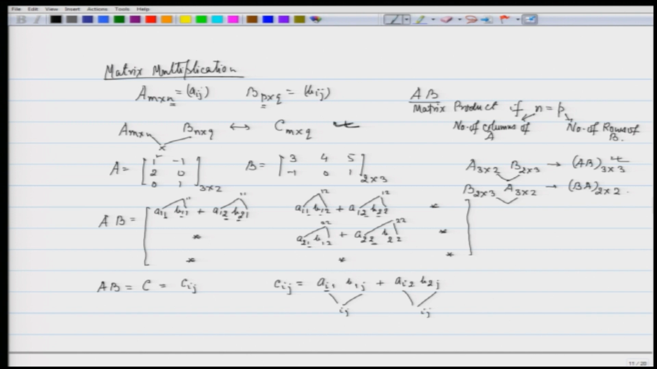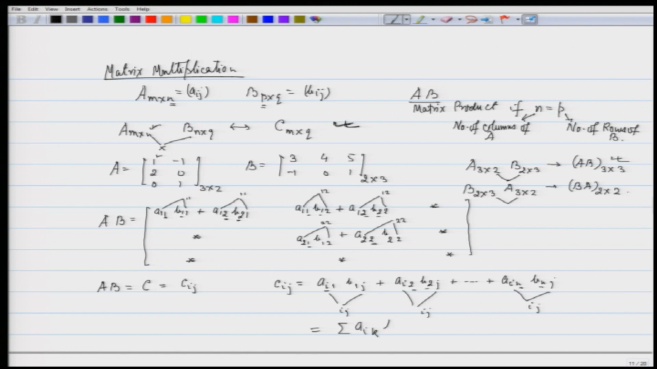Similarly, here 2 and 2 cancel out and so on. Since the matrix is of size n, I will go till n, A_in, B_nj. This n and n cancel out, and I am left with the ij entry. So, that is the way to understand that the middle part cancels out and whatever is left is outside. So, we generally write it as summation